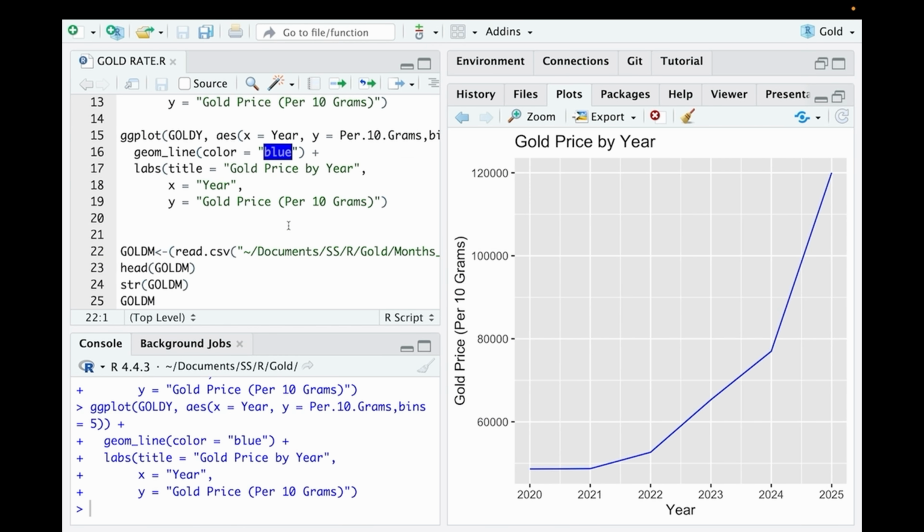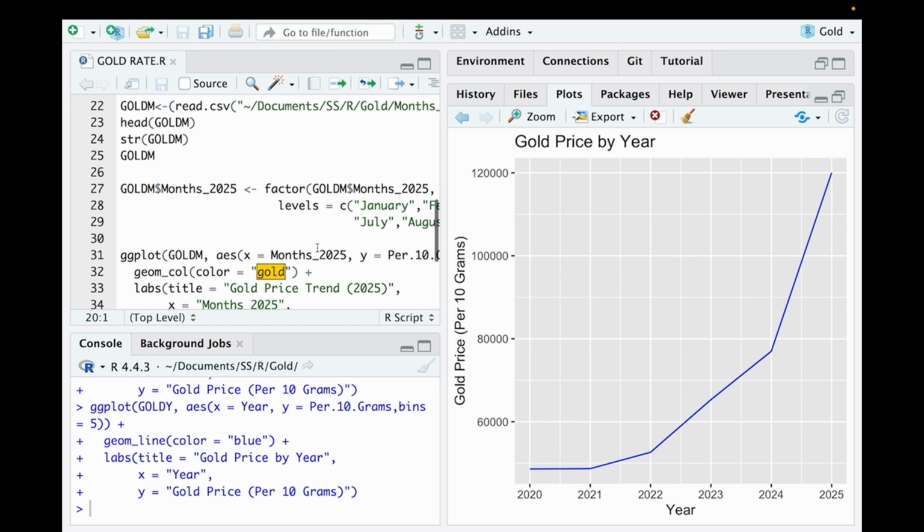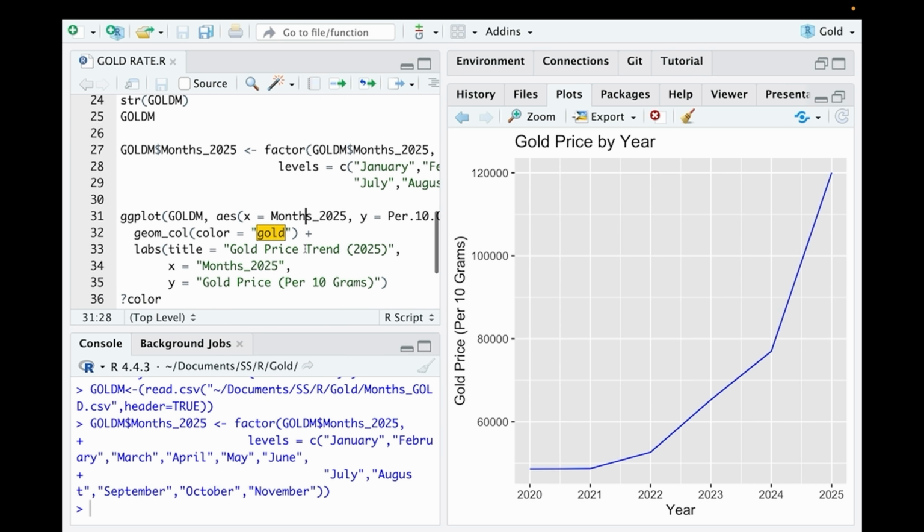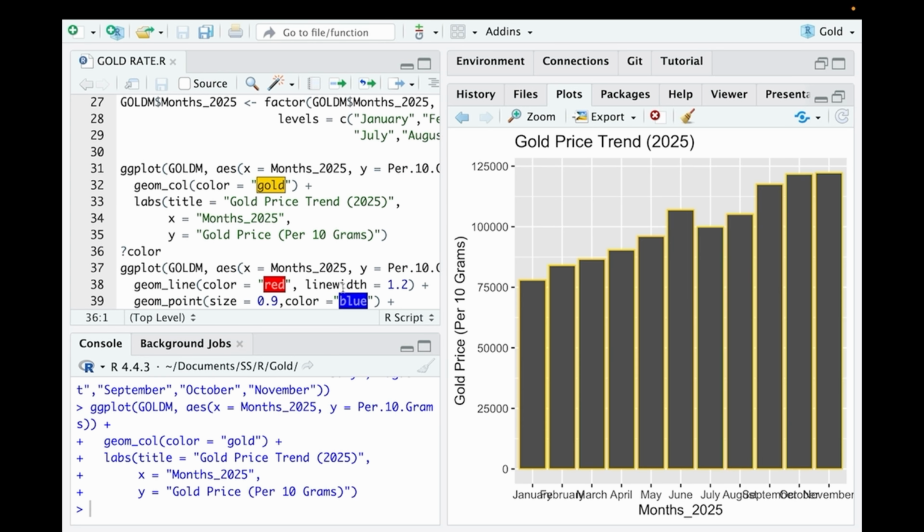So this is what we are doing. We are doing some calculations, right? And if you want to check the month data, that also I have loaded here. Then I have given it to be considered as a factor so that I am able to give the order. I don't want it to consider alphabetic order, otherwise it will give April, August first. I want the months to start from January and February, so I need to label them, and I have labeled them. Now I am using my month data here, and if I calculate that, you can see the bars. This is the data of the months in 2025.